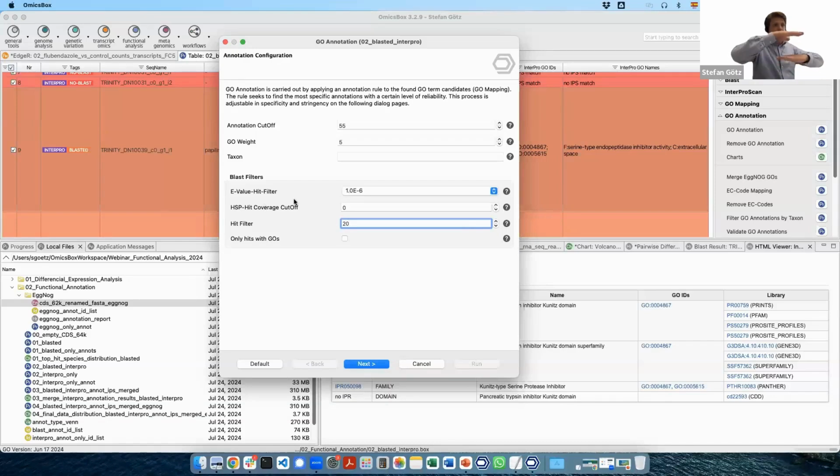That means the percentage of the sequences being aligned from the query and from the hit. And then we could, for example, go for a top BLAST hit strategy, which means putting this to 1 and only taking the top hit with a GO term. Or we can just leave it as default, go for 20 hits, and then use the annotation cutoff here,